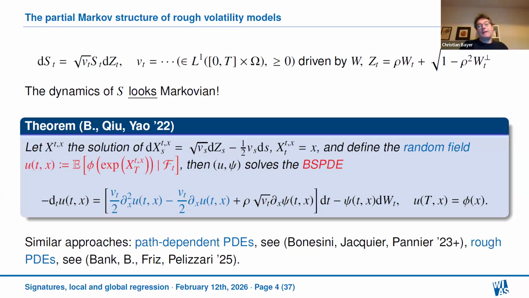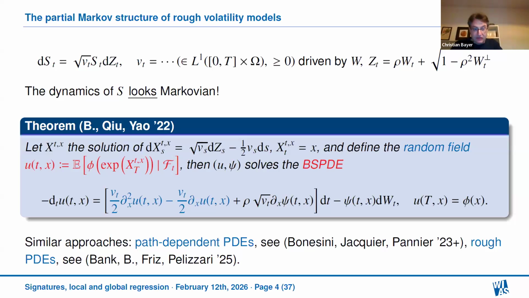So basically, what I want to say is we can look at the dynamics of the asset price process as something like a Markov process in a random environment given by the